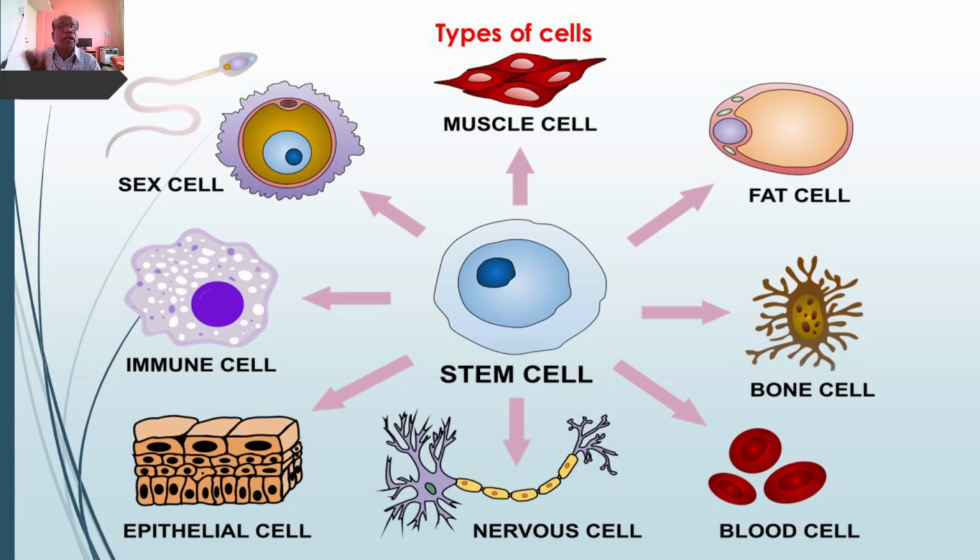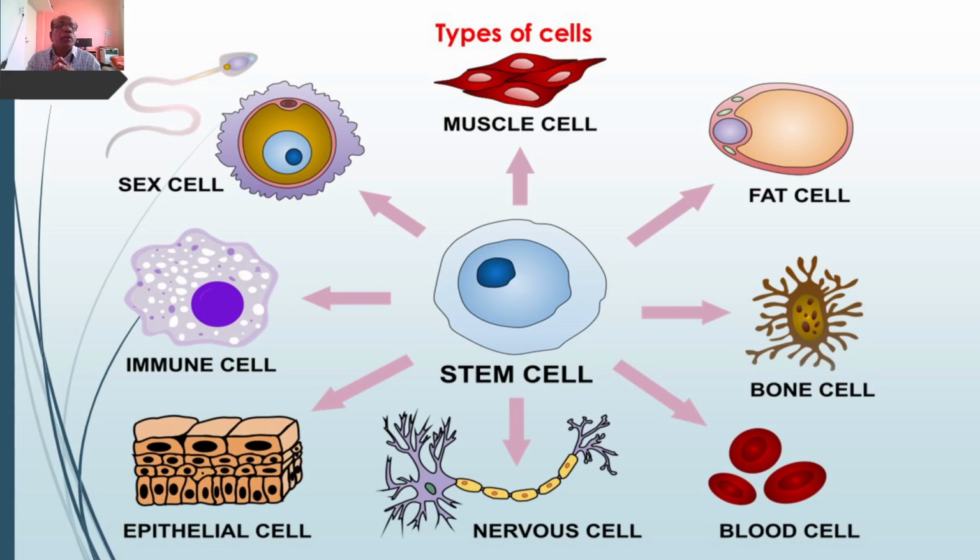Then immune cells, these are again the blood cells representing the lymphocytes. These are the nucleated cells called lymphocytes, which are responsible for the development of immunity, that is, synthesis of antibody. Antibody synthesis will happen with the help of lymphocytes or the immune cells. So this is the chart representing the different types of cells which are responsible for the